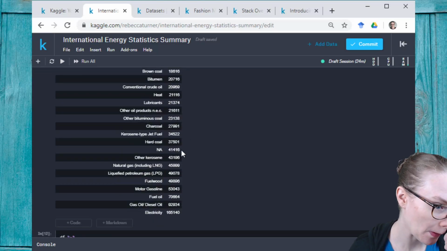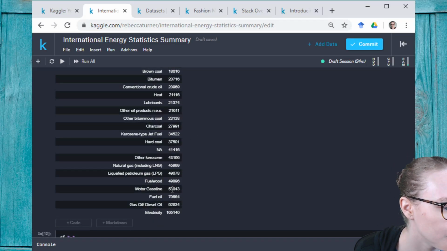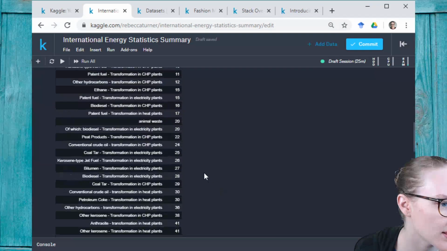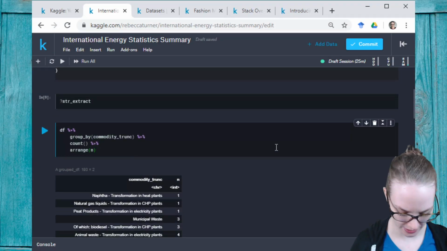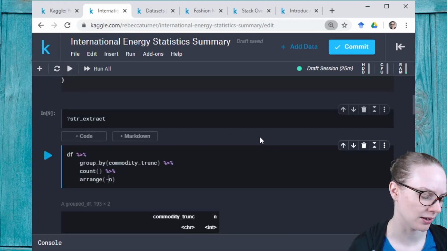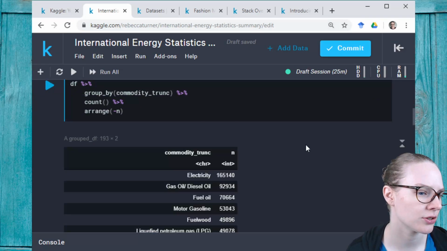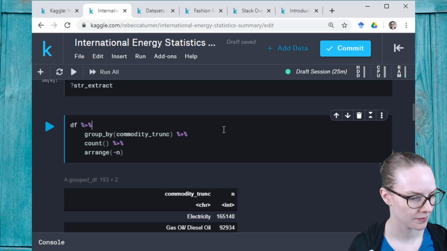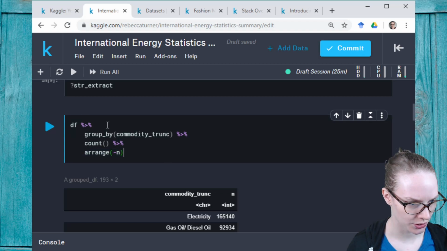All right. So I think we would be okay to only look at the top 20. So I'm going to arrange by, let me zoom in a little bit, N, so recursive N, so we should have the top numbers at the top, right? And then I want to,